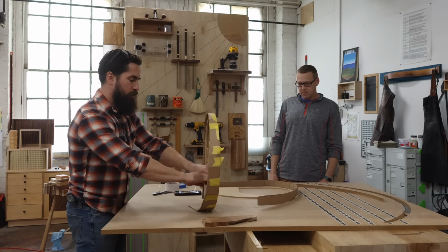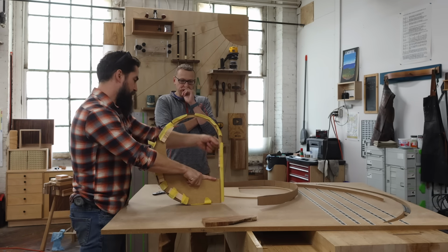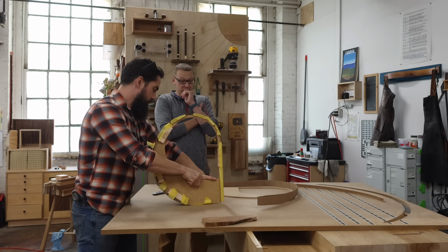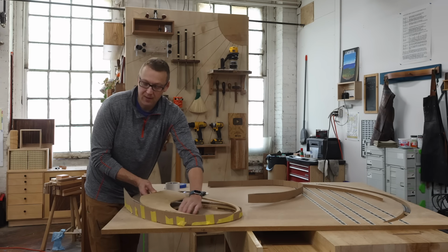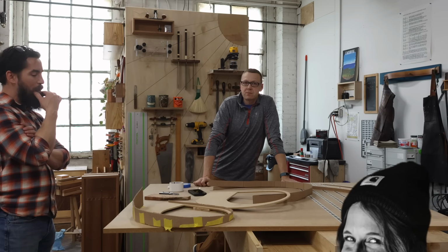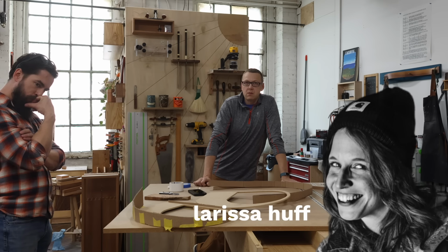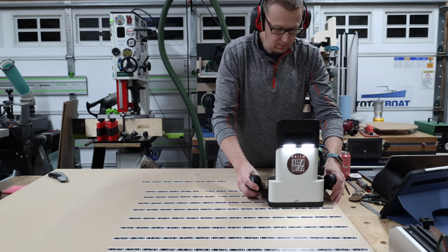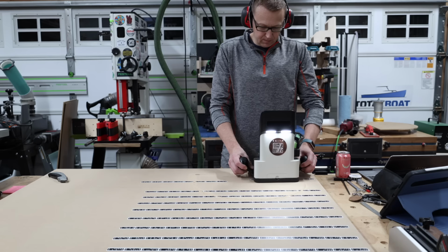But then that also creates that taper that goes from zero out here. Yeah. See, this is where I would put LEDs behind here. Oh, hell yeah. And do some kind of pattern in here. I don't know what. And then Larissa Huff popped in and gave us some more ideas to think about. And after that much appreciated design Philly powwow, it was back to my shop to start making the bending forms